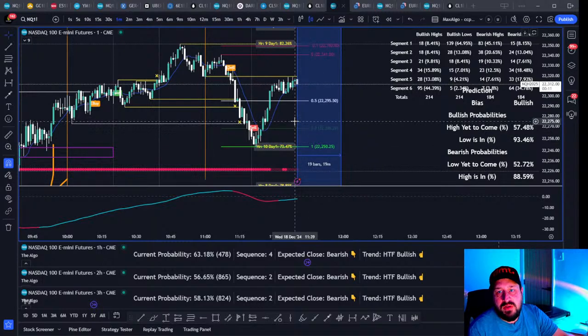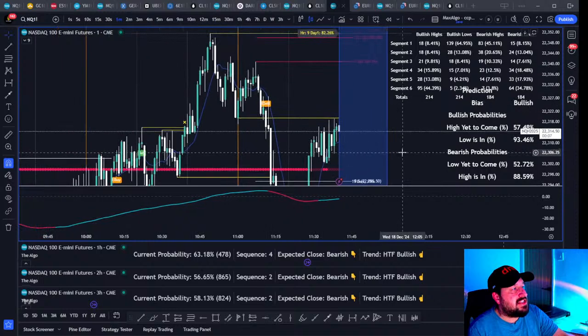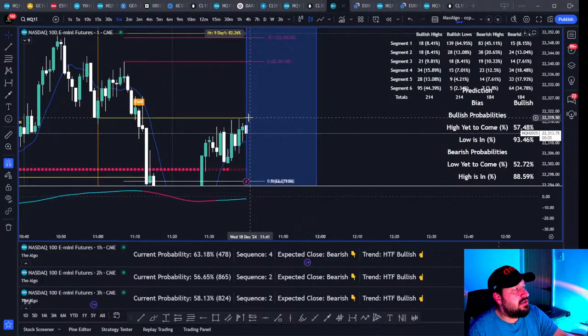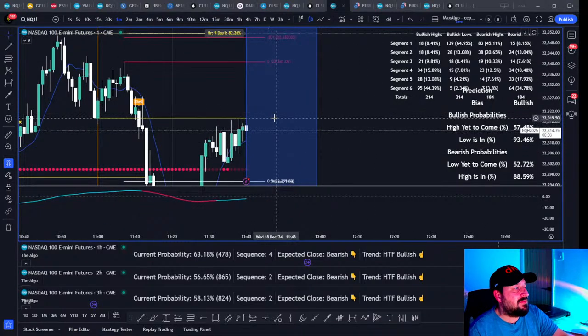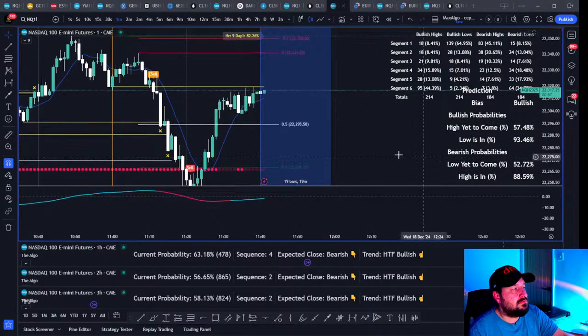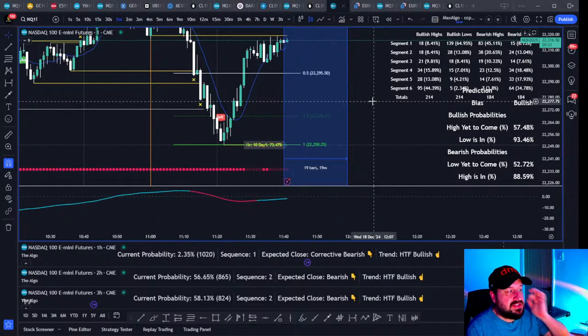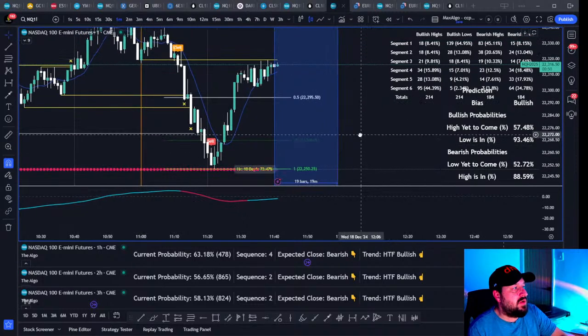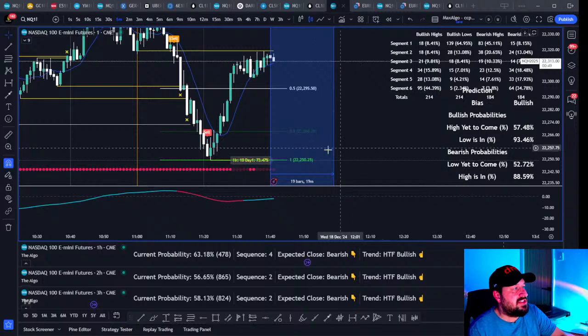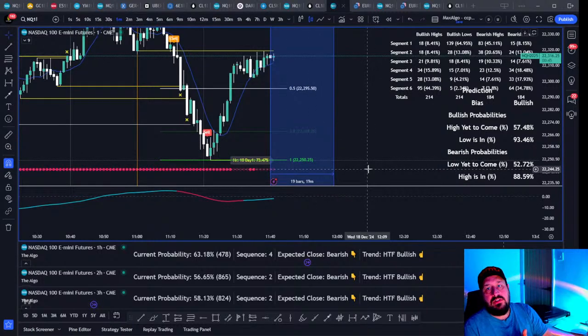So we do close below the open. And we get our tap, or we just don't tap the open. Probably it kind of counts. It'll be a tap of the open, because it's to the tick there. So we really want to see price go down now. This is where we want to see price heading down towards our target. This is where it needs to happen.